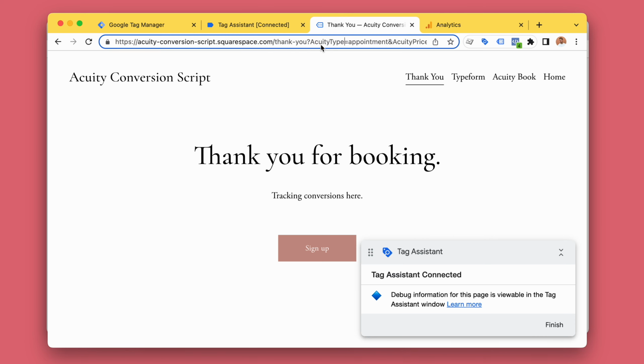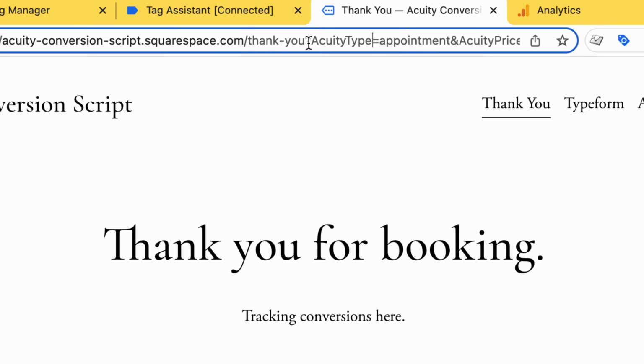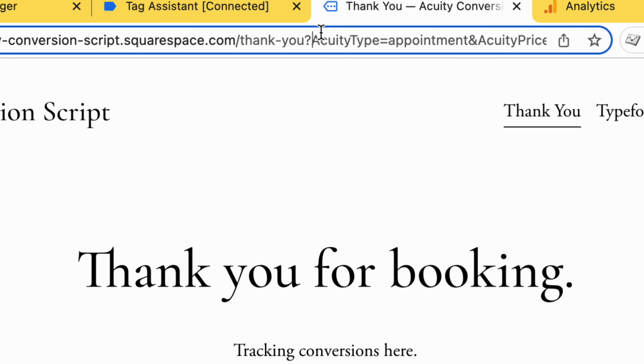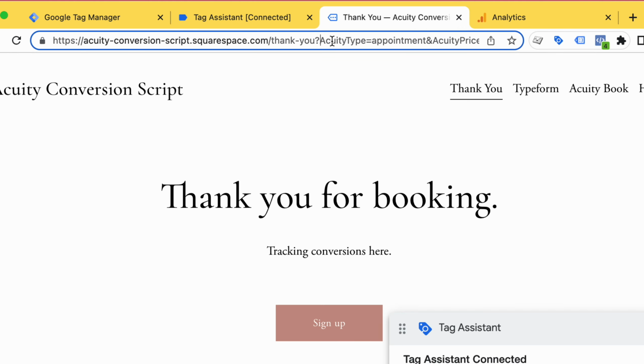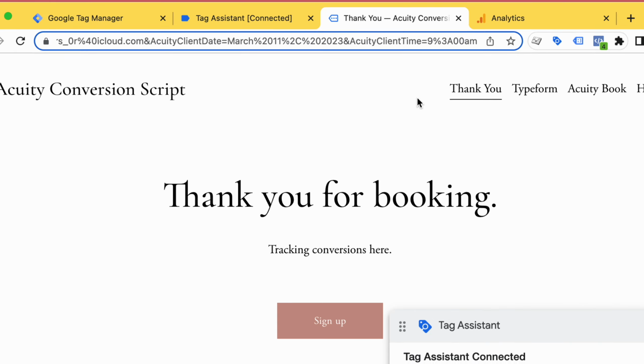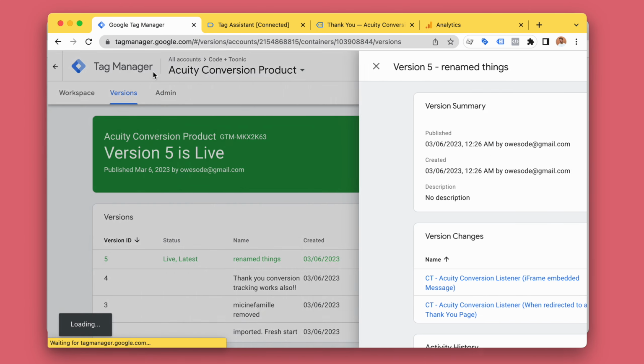So how does this work? Well, it uses my Acuity redirection plugin, and my plugin will add the conversion information to the URL here. So as you can see, Acuity type appointment, price was $0, ID generated by Acuity, calendar, code and tonic, appointment type, consultation, my random test email, etc. So what this setup does,